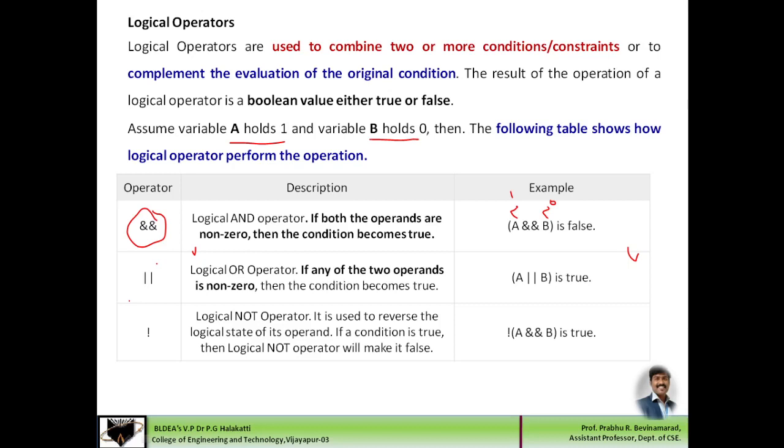If A is 0 and B is holding value 1, again the entire result will be true here. If any one value is holding a value 1, then the entire result will be true, otherwise it will be false. So in case of logical NOT operator, wherever value 0 is there, it will be 1.